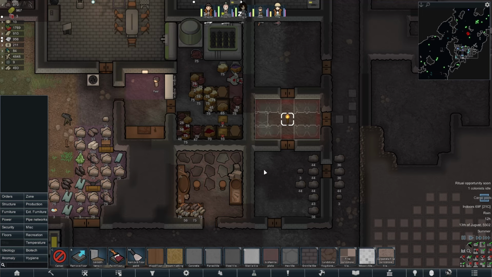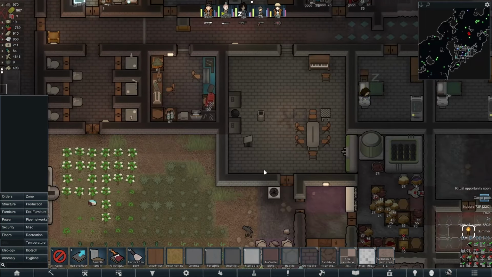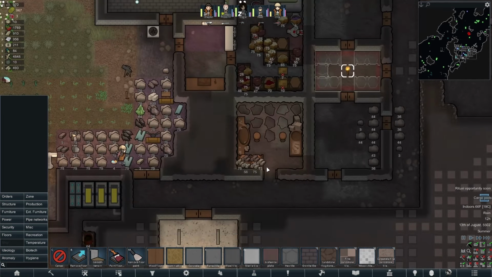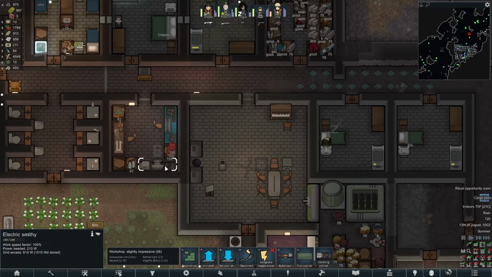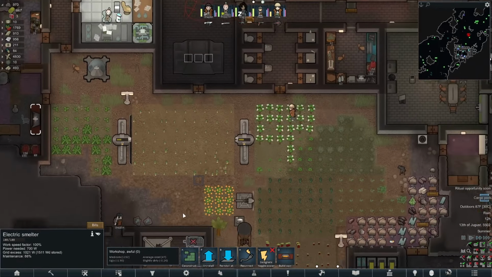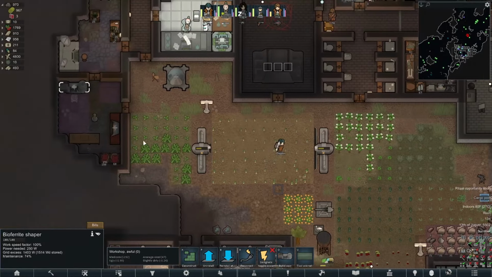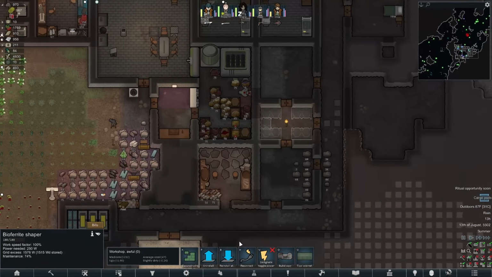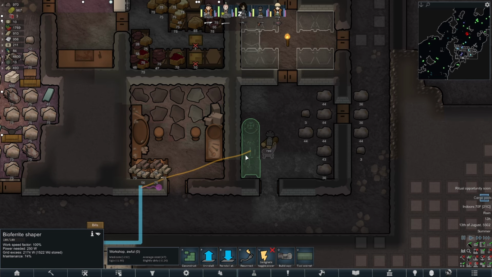Alright, what do I want where? I guess it really doesn't matter. Actually, no, it does kind of matter. Let's put the heat things, which this one might be, but that one almost certainly is. Although maybe this one doesn't come in here. Alright, Ferrite Shaper. Let's get you moved. And I think you go...